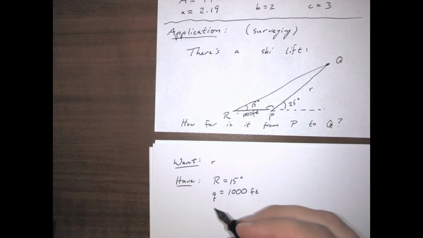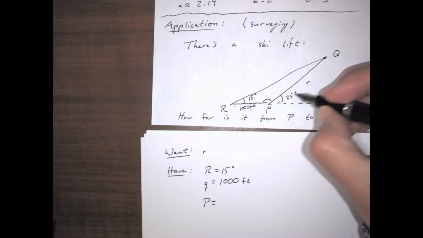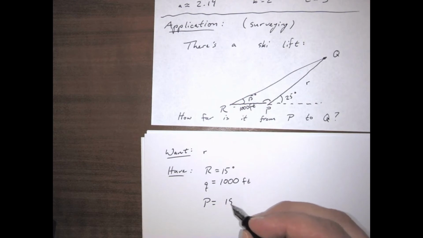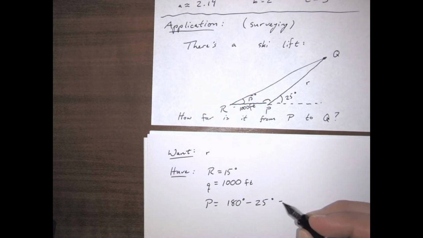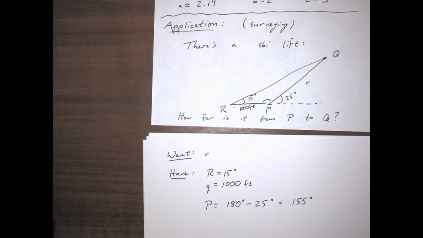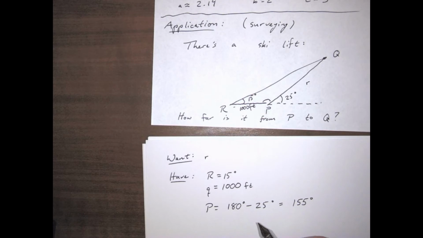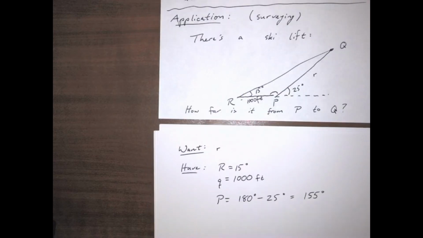And then big P, so the angle that's been given to us here, the angle of elevation, is not actually the same as big P. It's actually the supplementary angle to that, so 180 minus 25, which is going to be 155 degrees. And so now we just need to figure out if we have the information that is necessary to use the law of sines. So far, the answer is no. We can't use the law of sines yet. We don't have a matching pair of angles with sides. However,